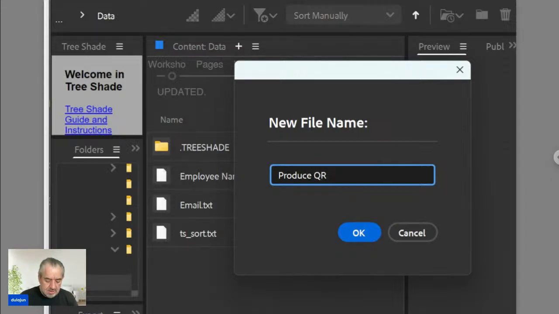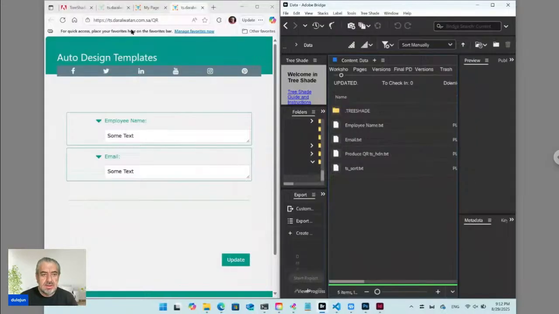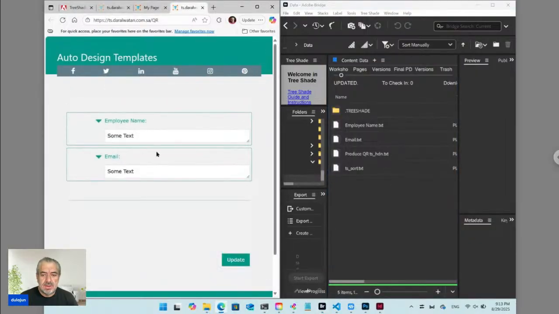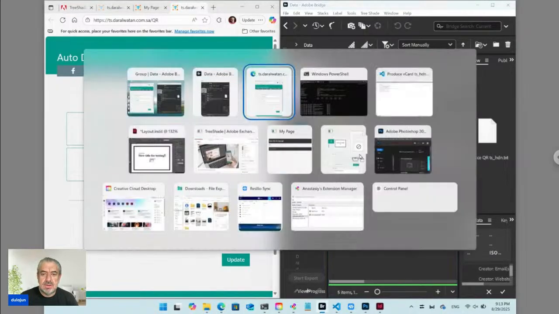And to make the field hidden, write this flag ts underscore hdn hidden. Okay. Now the hidden text file will not appear here in the online form. Let's open it in VS Code,